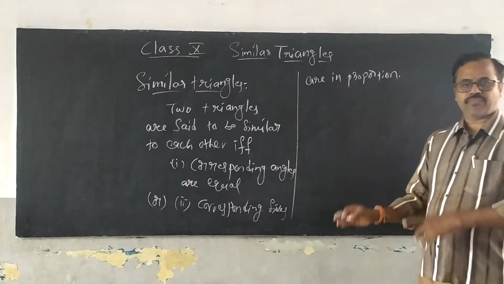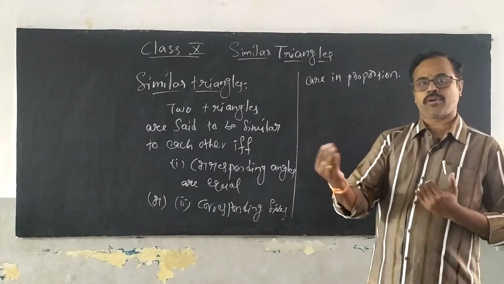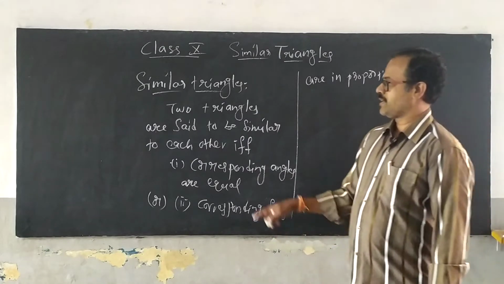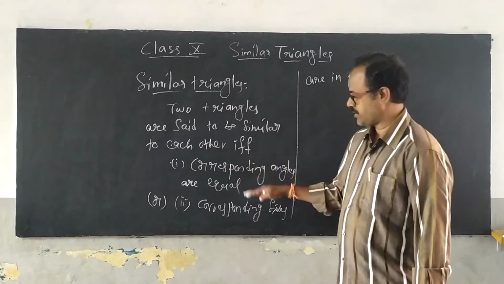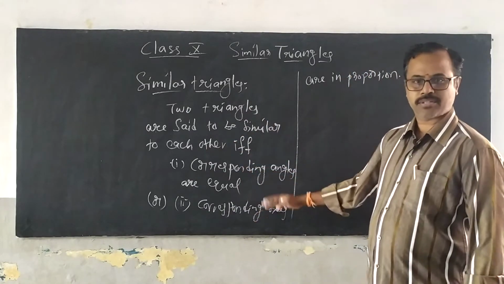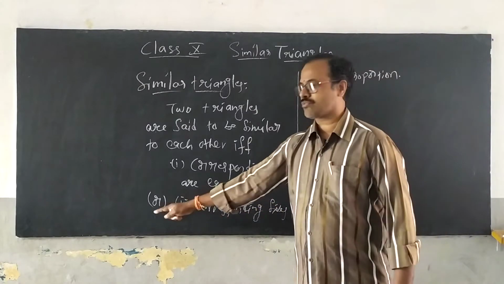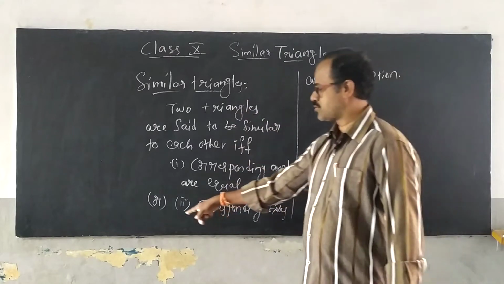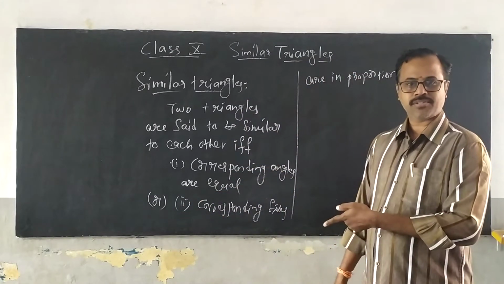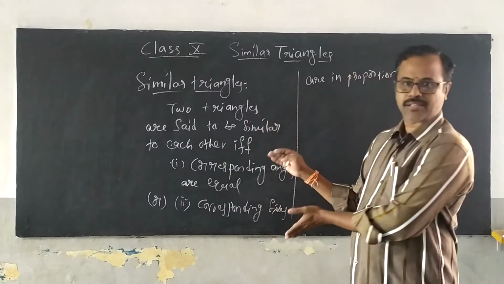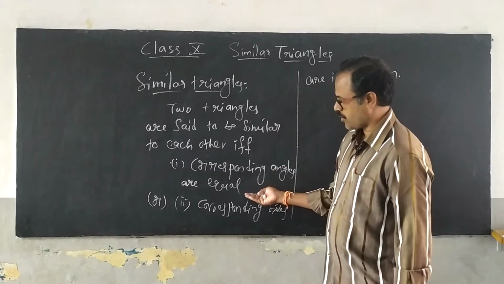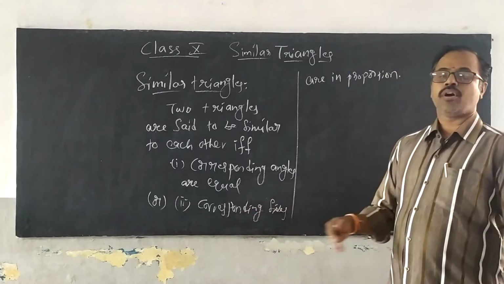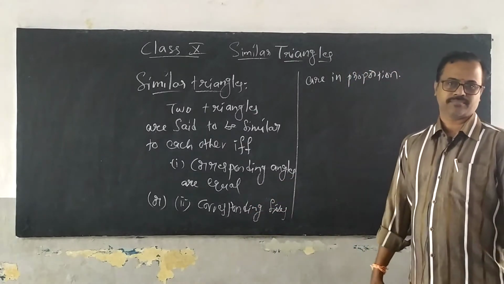Did you notice any difference between the similar polygons and similar triangles? Yeah, very good. In similar polygons, we write the same conditions, but in between these two conditions we use and. Now for similar triangles we use or. It means for similar triangles, if any one of the conditions is satisfied, the other condition also automatically is satisfied.